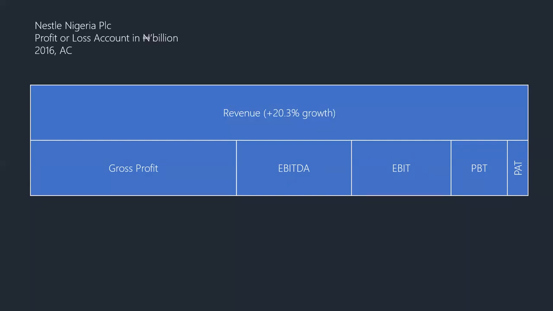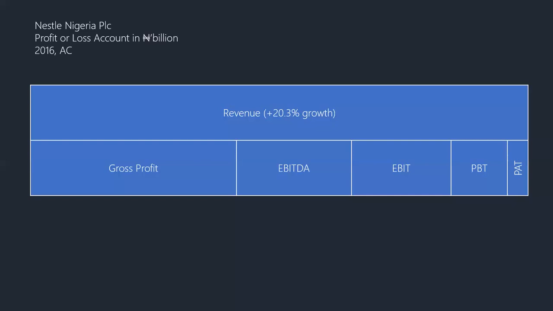Okay, what if revenue increased during this period? We ask, what happened during this period that made their revenue increase significantly like this? And we ask, okay, so the fact that revenue increased, their variable costs, did it grow in the same proportion? It's supposed not to, right? They're supposed to be able to enjoy some economies of scale and all those things. So how well were they able to manage it? With the immediate revenue increase, they increased their gross profit, SG&A also increased, and the profit margin is really not making any difference. So how well they manage that helps us determine, going into the future, how they'll be able to perform, to be able to make a reasonable forecast.